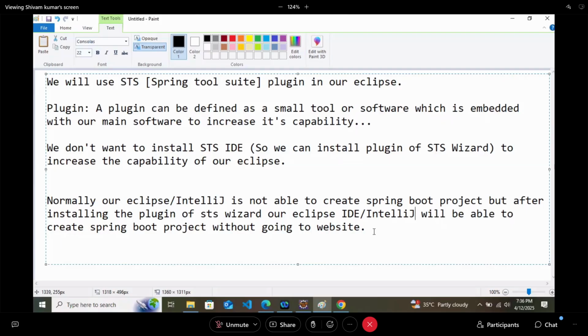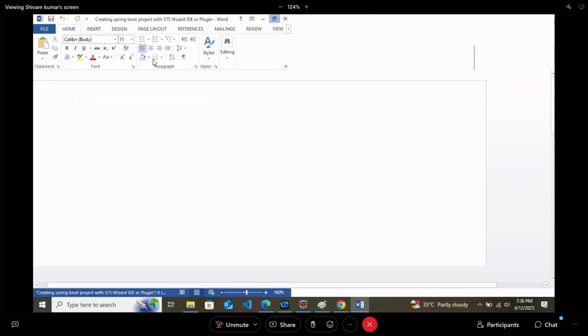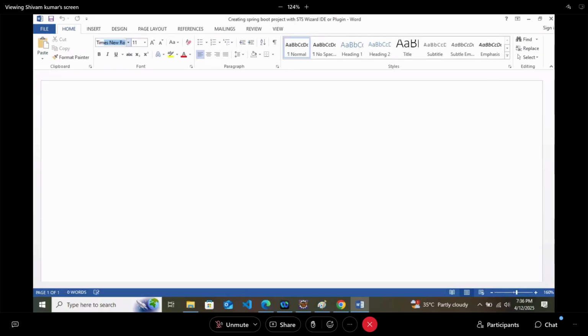Now, what are the steps of doing that? So let's see. At first we need to install the plugin, right? So same thing. At first we need to install the plugin for STS Wizard.